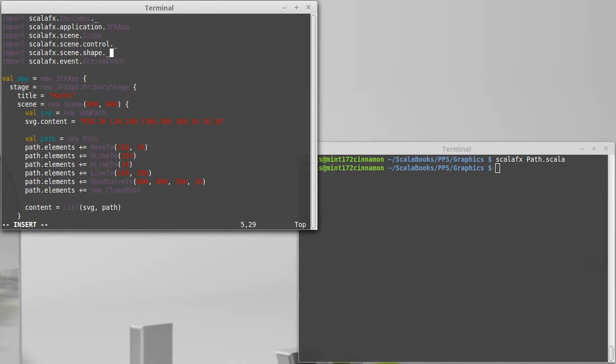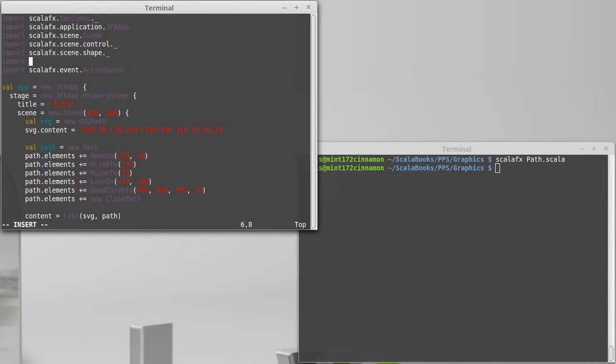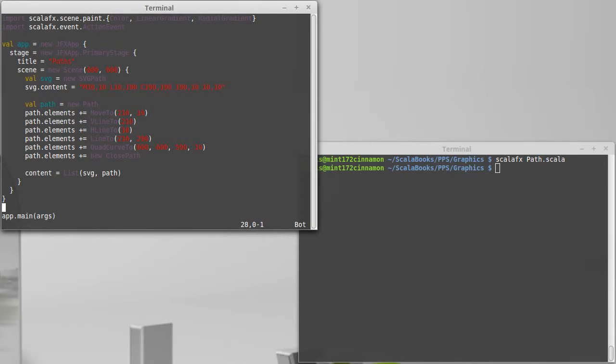Now it turns out that fill has a type called paint. So there's a package called paint, and paint has a few types that are subtypes of it. The simplest one of which is color. There is also a linear gradient and a radial gradient. Okay, so these are the subtypes of paint that we can use to set the fill, and we can demonstrate the use of these simply